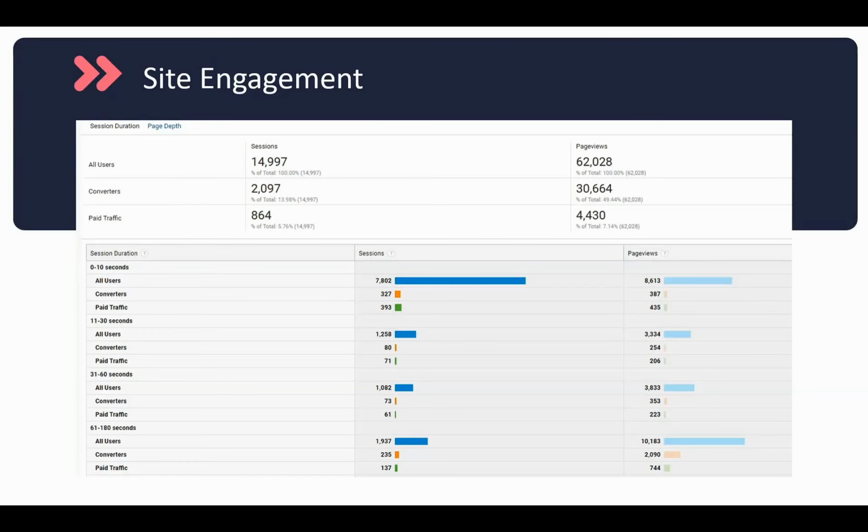This report is based on session duration and page depth. And page depth is referring to how many pages they visited. If we move down, I'm not so much interested in the top information, but more about the table, starting with 0 to 10 seconds. If you look at the all users line, you can see that there's a huge volume